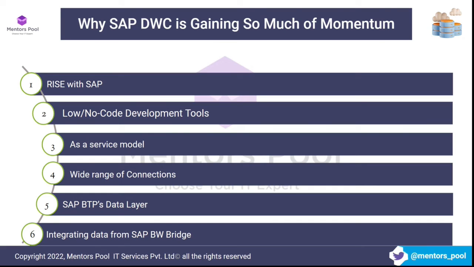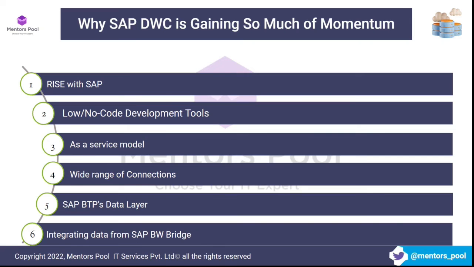It already, out of the box, supports almost all SAP sources and a lot of non-SAP sources. And not only that, there are third-party companies building connectors for Data Warehouse Cloud and enhancing the reach even beyond. So there are hundreds of systems to which Data Warehouse Cloud can connect, and that cannot be said for any other ETL tool or warehousing tool in the market. And again, that is driving Data Warehouse Cloud sales, because natively it can connect to a lot of SAP source systems, right? Which other connectors or warehousing tools can struggle with.